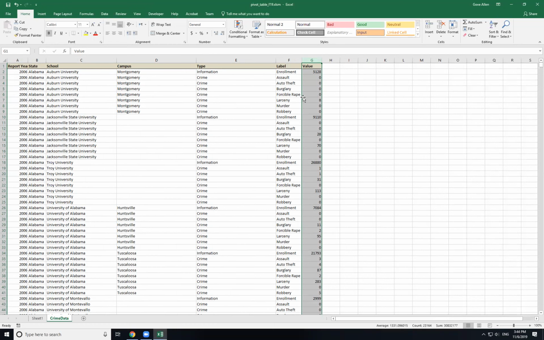And the answer is no, because it's really different kinds of numbers that are mixed in here. If you look right here, this first row, it says, here's Auburn University in Alabama, the Montgomery campus. Their enrollment is 5,000 students, and what kind of crime did they have? They had 8 cases of larceny reported that year, and nothing else. So you're summing that 8 larceny with the enrollment, and there's nothing useful